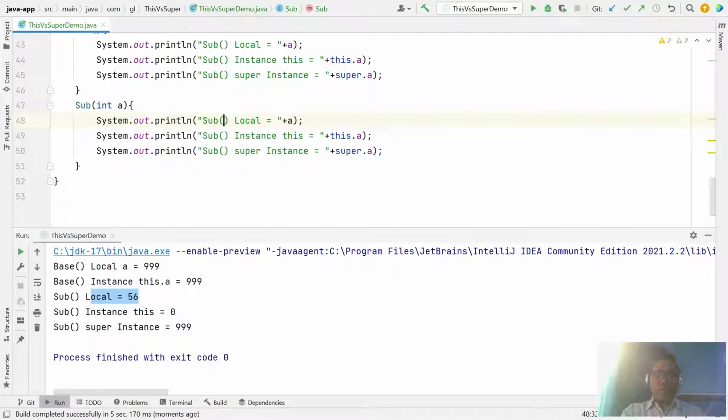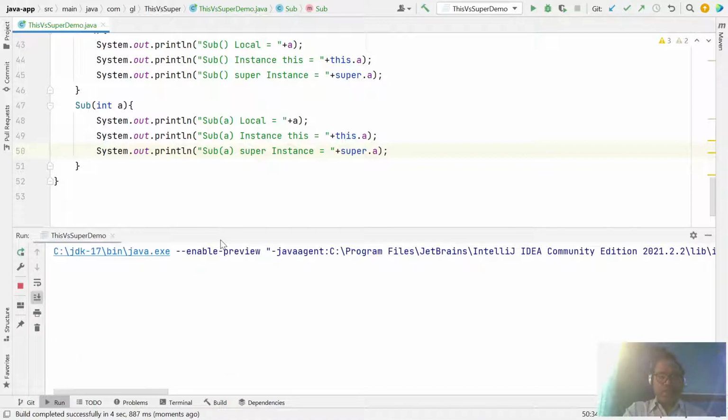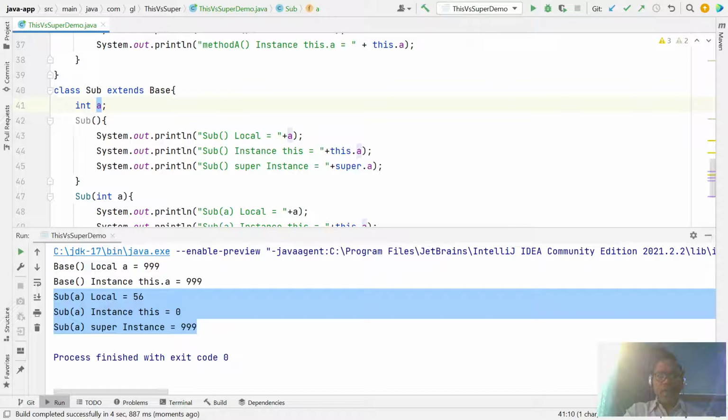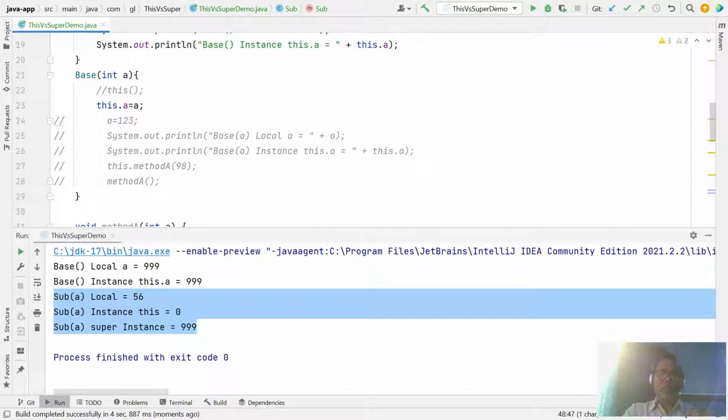Now let's give an argumented constructor. It's clear that the argumented constructor is invoked. Here this a refers to the local a, and it does not refer to the instance variable or to your superclass.